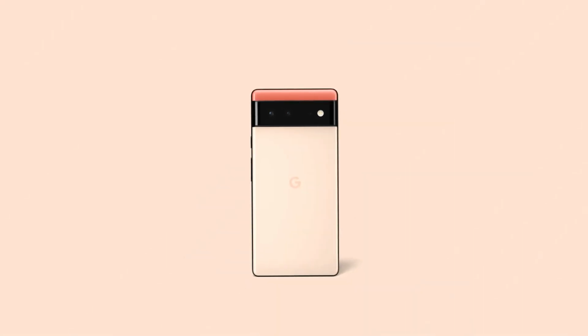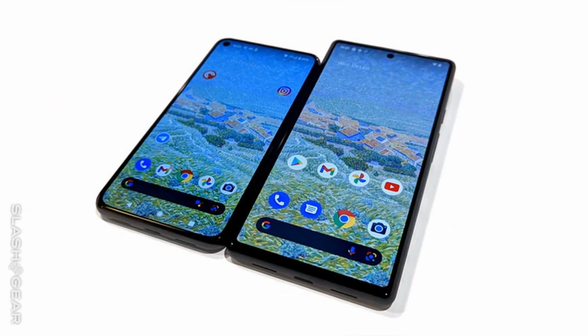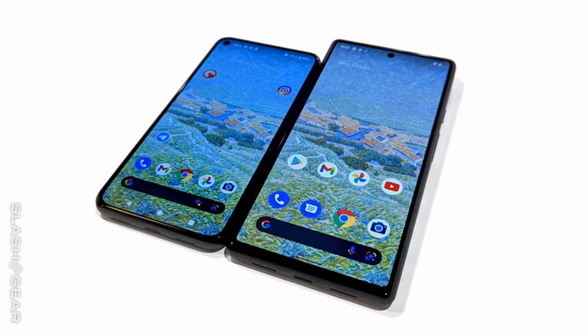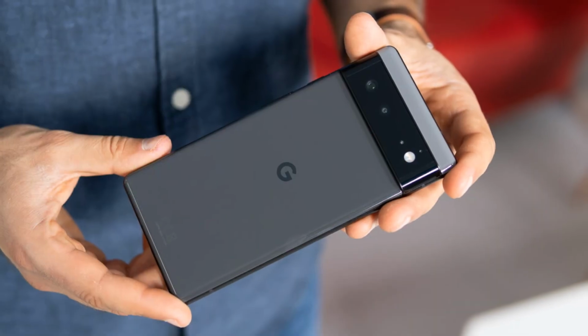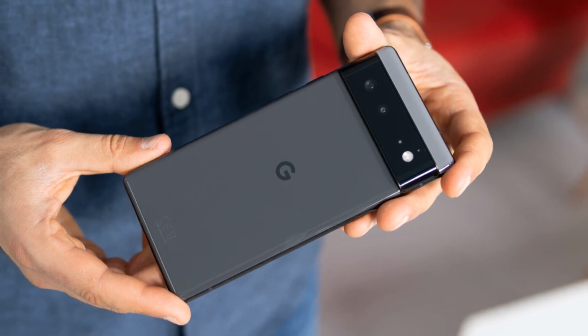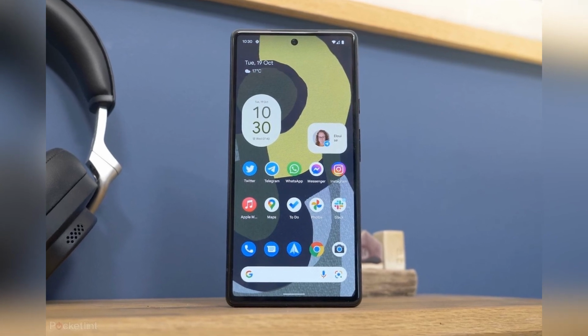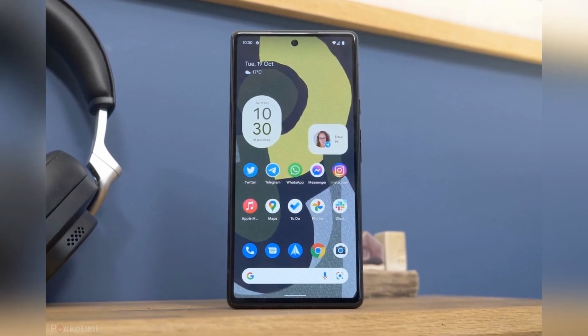The Pixel 6 comes in at $599, which gets you 128 GB of storage. That's the same price and storage as the Pixel 5. Some markets, including the US, also get a 256 GB model, but this is only available in the stormy black and sorta seafoam colors, for